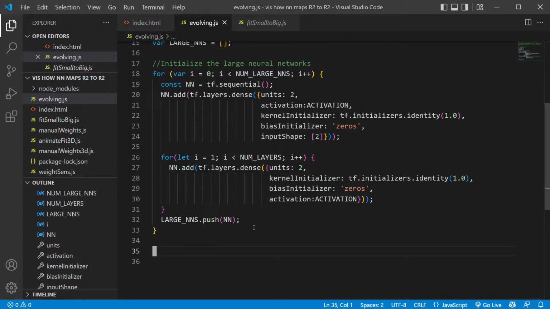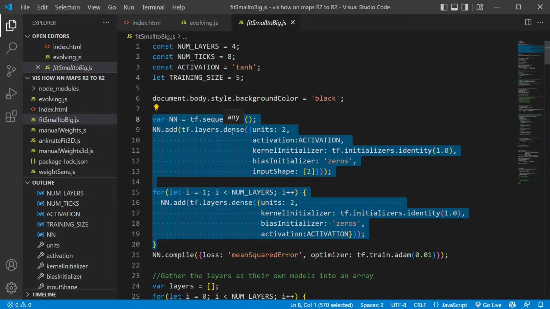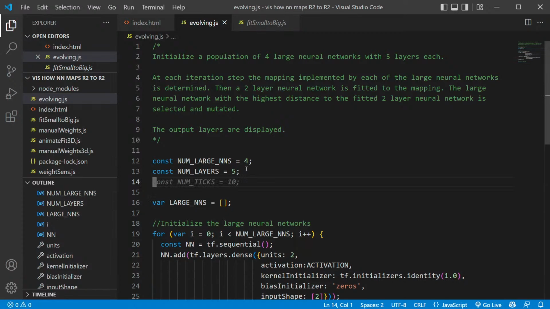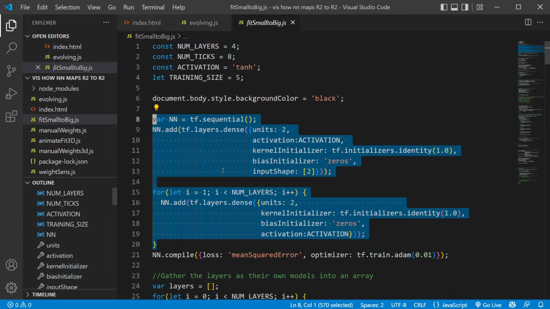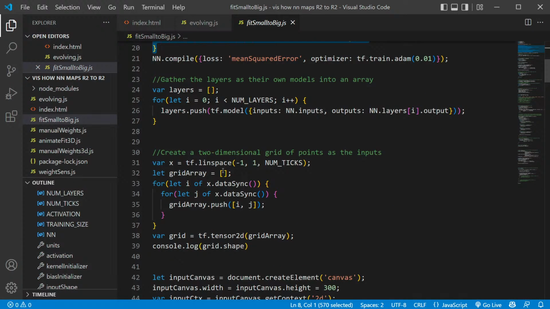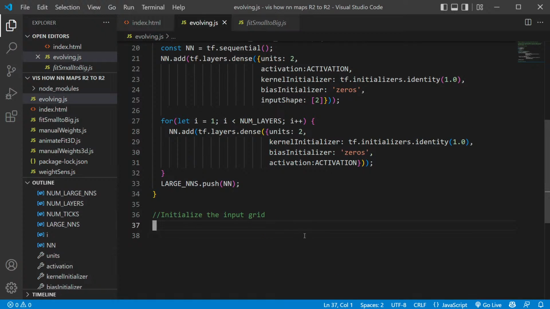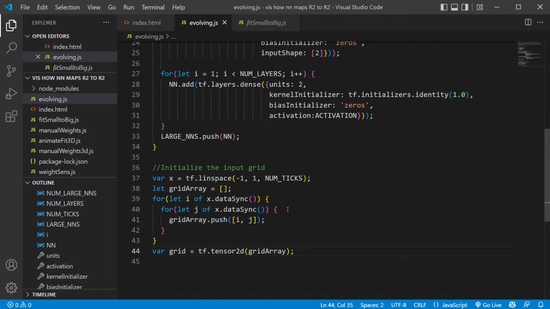Then we can directly do the animation, I believe. Oh, yeah, no, I should initialize the input grid also. I'm also going to copy paste that. Yeah, I should do number of ticks in the grid. Whoa, it knew. That's pretty freaky. It's kind of freaky, but so yeah, cool. Very cool. So this is the input grid, which will be the input data,